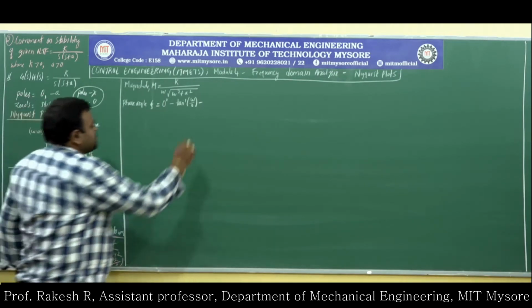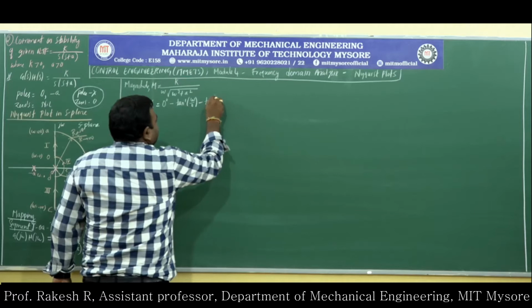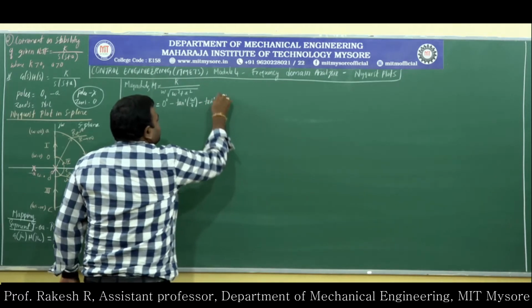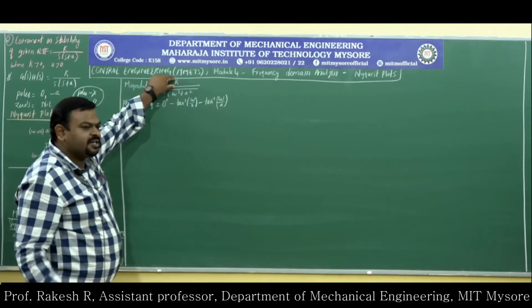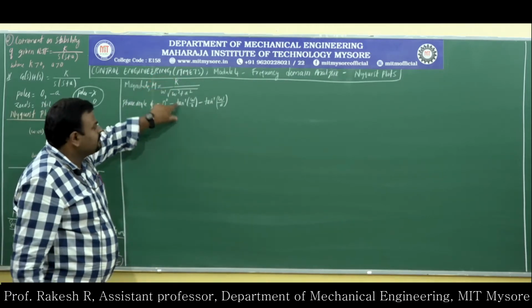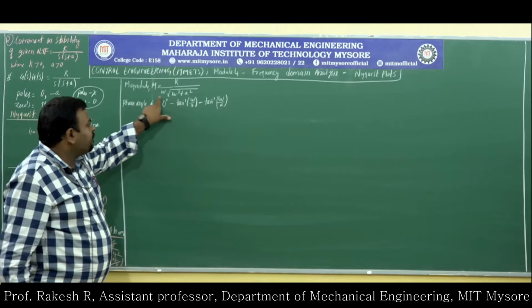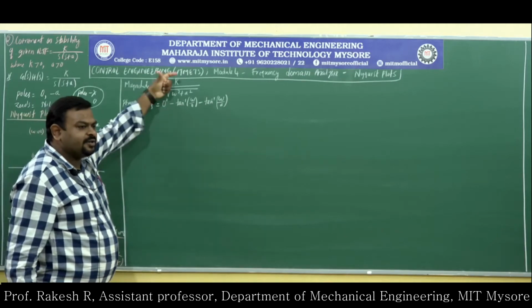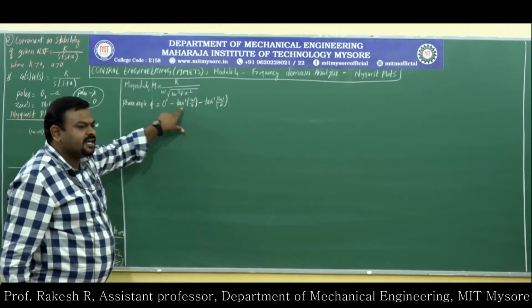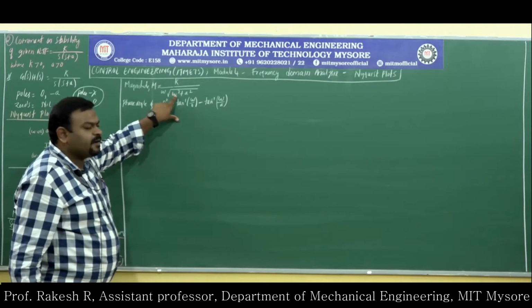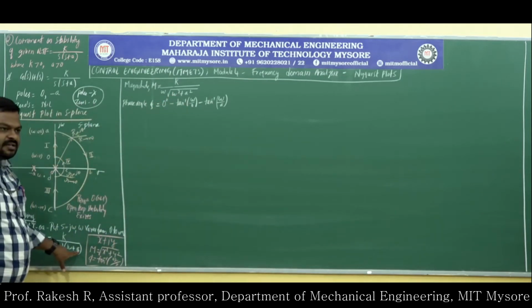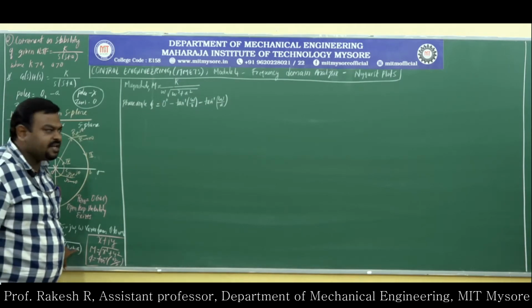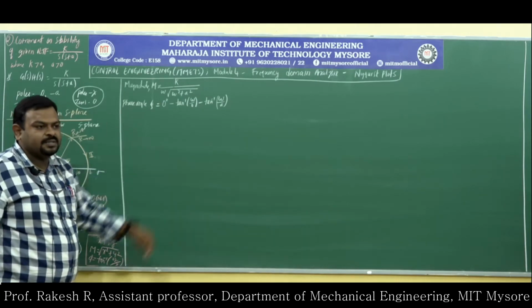Then minus tan inverse of omega by a. For the numerator, since there is a constant, it is 0. And the denominator, when you take the denominator to the numerator, it will be minus tan inverse of imaginary part, which is omega, and real part is 0. So j omega plus 0. Then j omega plus a, imaginary part is omega, real part is a.